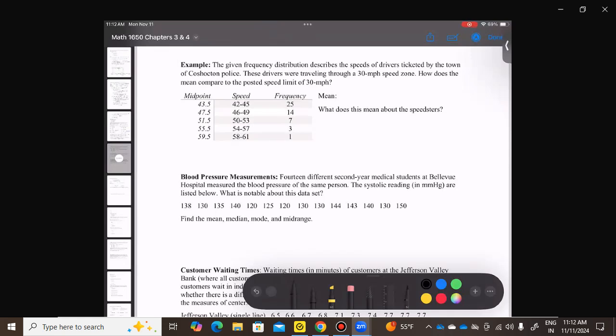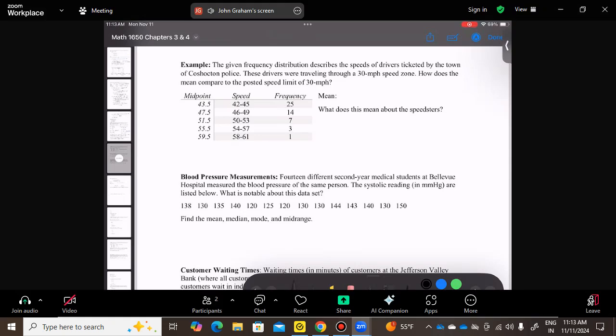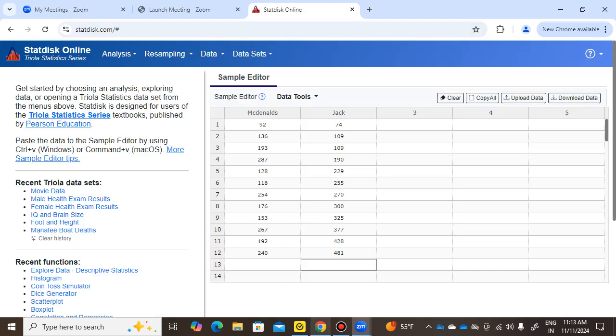a new problem. Here, the given frequency distribution describes the speeds of drivers ticketed by a town of Coshocton police. These drivers were traveling through a 30-mile-per-hour speed zone. How does the mean compare to the posted speed limit of 30 miles per hour? Right, now this is a frequency data point, so what we're going to do is use the midpoint times the frequency. Now to do this on StatDisk, we have to type in how many